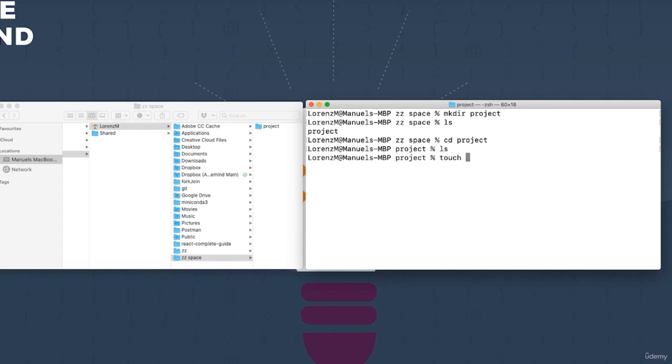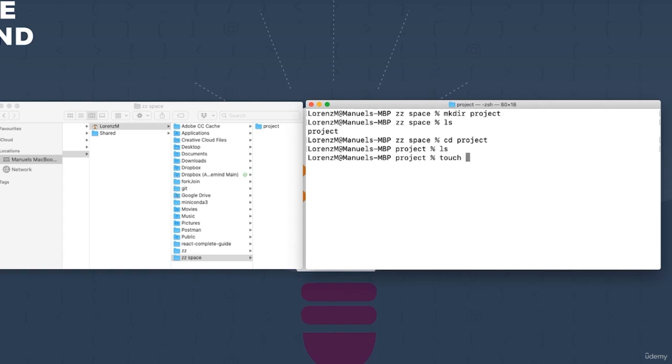Now the question is, why is this command called touch if it creates files? Well, touch typically allows you to touch existing files and simply change the date when these files were changed the last time. I'll show you this in a few minutes. But if touch can't find a specific file, it will simply create a new one. So basically, we kind of misuse this feature, but touch is the way to create files in our terminal, in